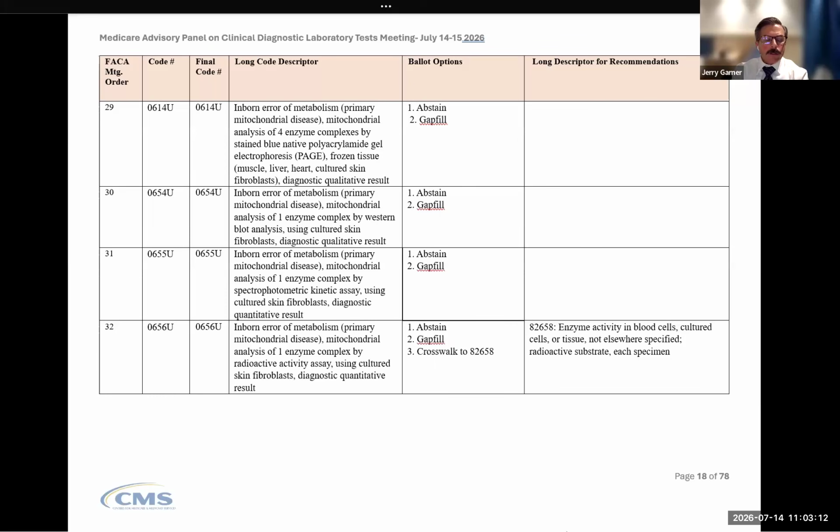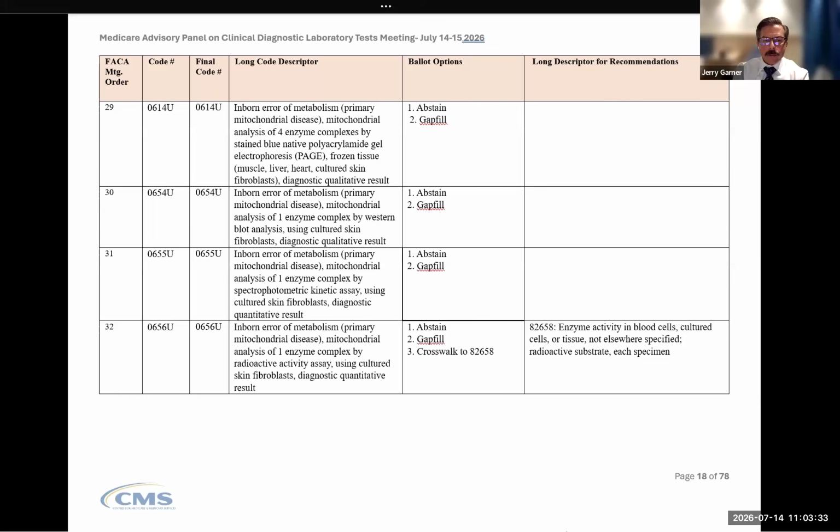This test had no sponsor for the annual lab meeting and no presentation was received. After researching the assay, the subcommittee found that the test belongs to Children's Colorado Hospital Laboratory under the test name Complex 1 Assembly Western Blot Assay. The subcommittee recommends gap fill as no surrogate test was found.